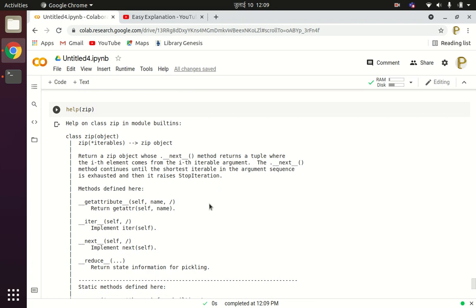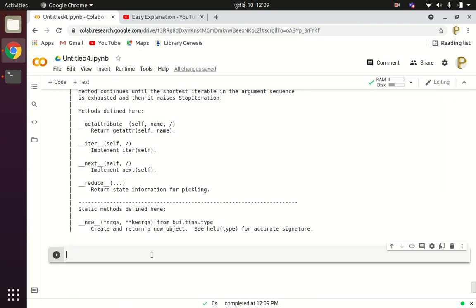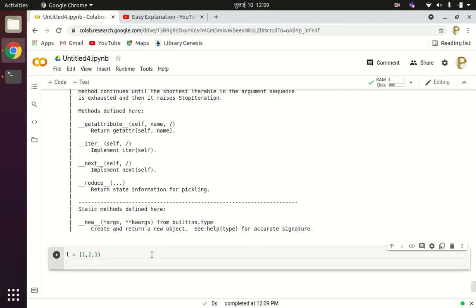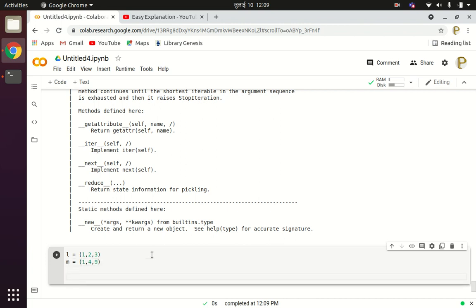Suppose we have two lists, L is equals to 1 2 3 and M is equals to 1 4 and 9. Suppose you want to combine these two lists, two tuples L and M, in a dictionary format, something like 1 is to 1, 2 is to 4 and 3 is to 9. So first we have to zip these values.